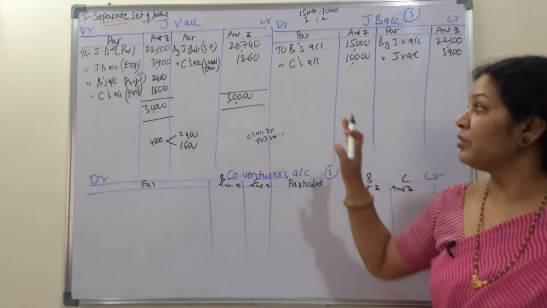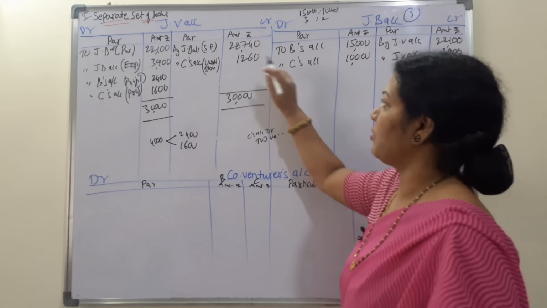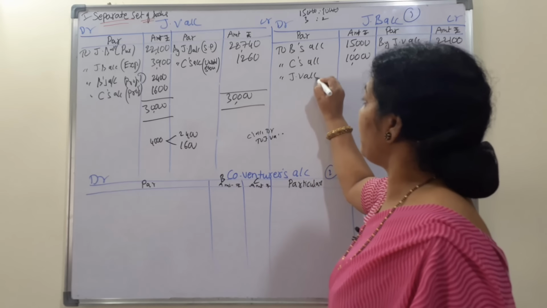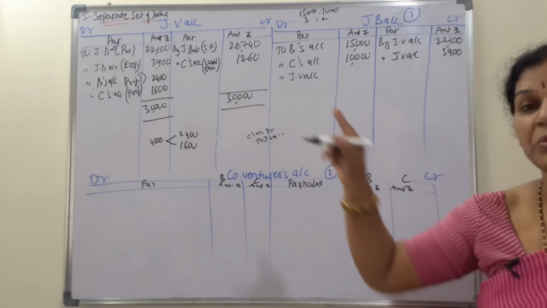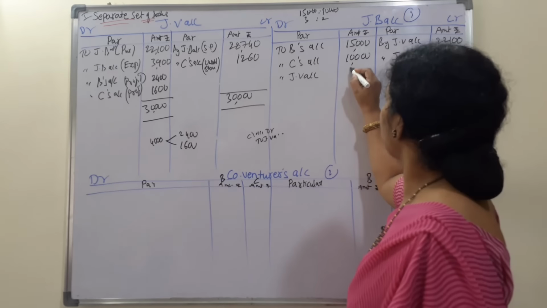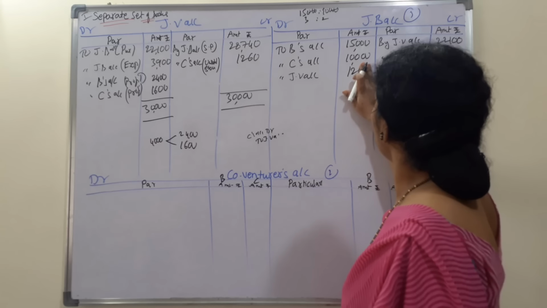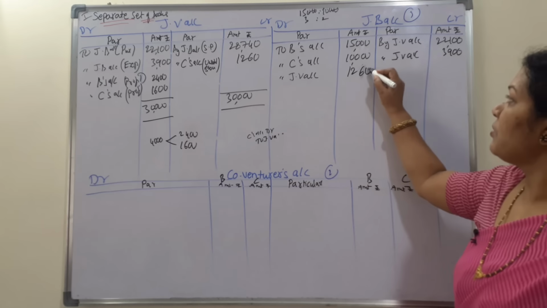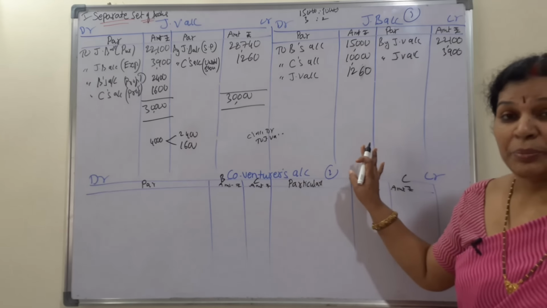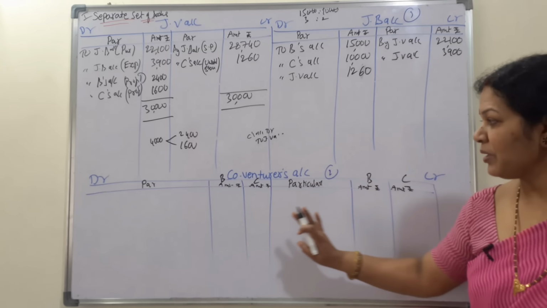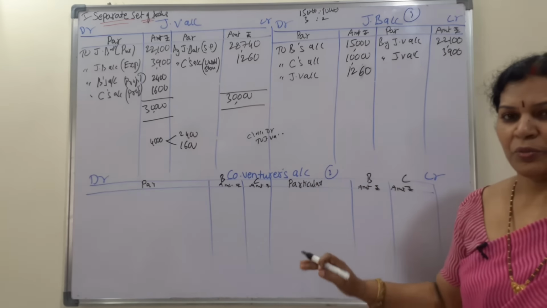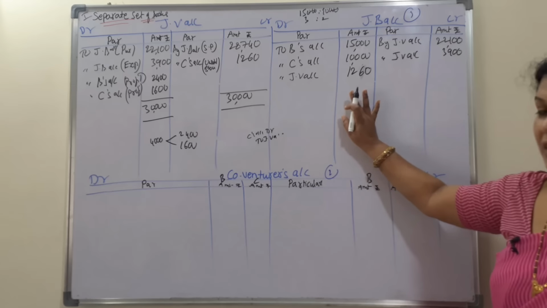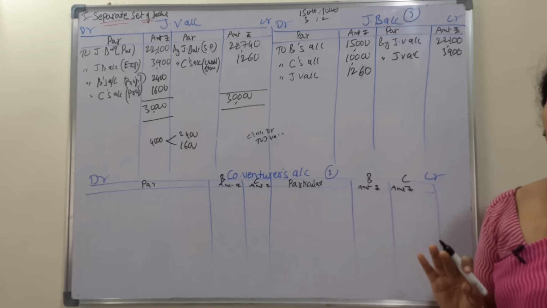Debit to credit is over. Now credit to debit, we have only one transaction from credit to debit side. So to joint venture account. Why joint venture? Because it is from joint venture account. So 1260. 1260 is the amount. Over. Keep it as incomplete. First we'll close the co-venturers account, then whatever balance we get, that is to be transferred to the joint venture account. So that is why keep it incomplete and go to the co-venturers account.